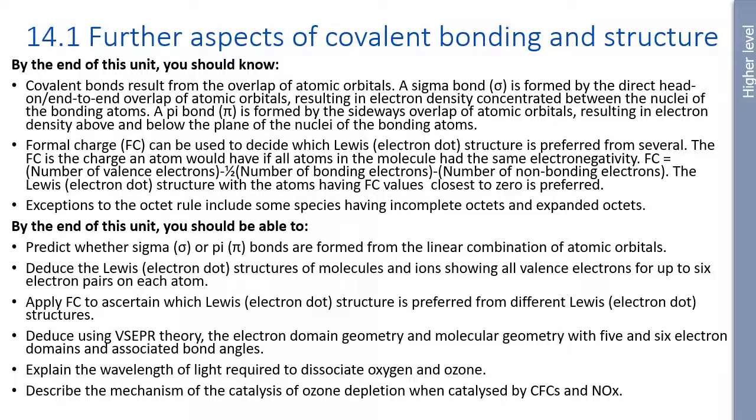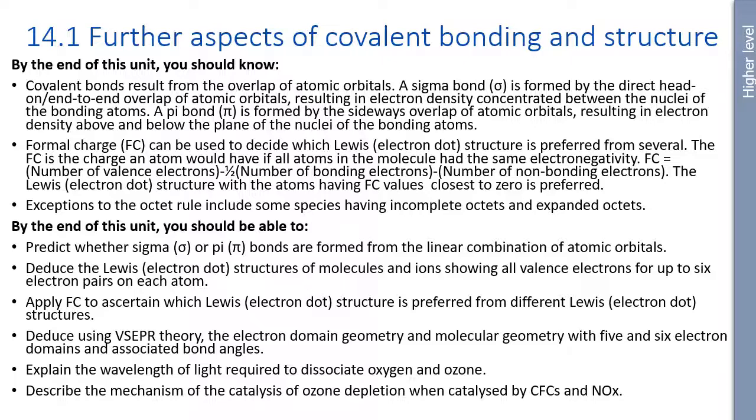Know about formal charges and how to calculate them, and know about exceptions to the octet rule, including some species having incomplete octets or even expanded octets. You should also be able to predict sigma and pi bonds and whether they form, deduce Lewis structures from molecules, valence electrons up to 6 electron pairs, apply formal charges to ascertain which Lewis electron dot structures are preferred,